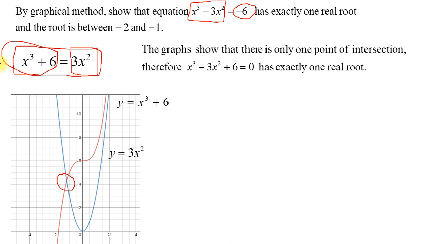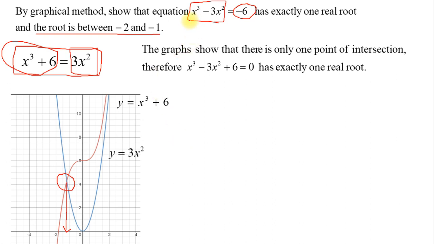Now the second part. The question asks you to prove that the root is between -2 and -1. Now from the graph, you can see that the root is somewhere here, right? So it looks like it's between -2 and -1. But how do we prove it? So by using intermediate value theorem. So first,